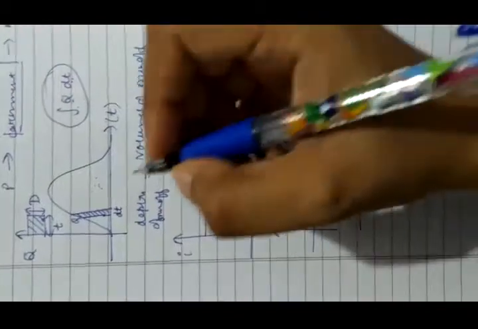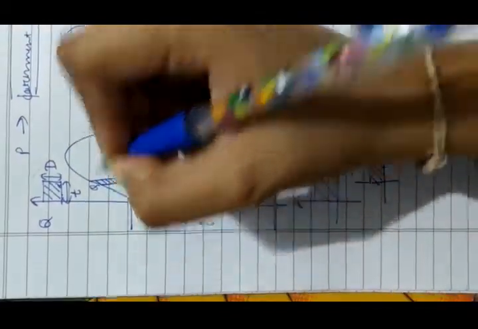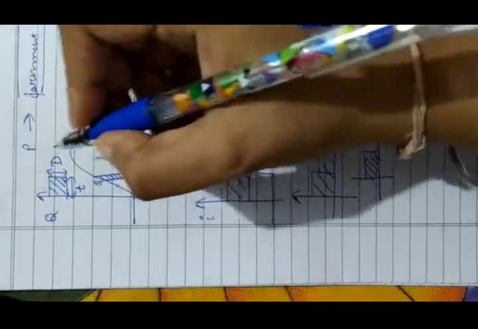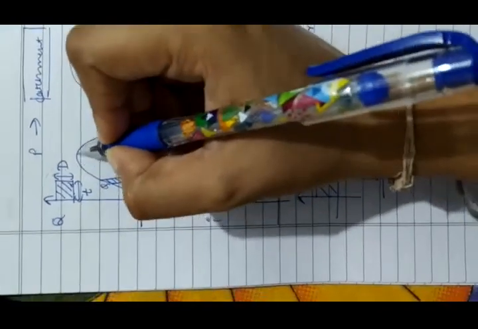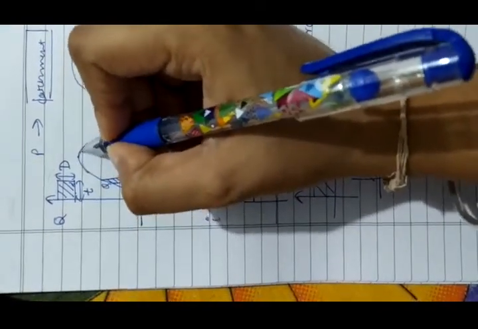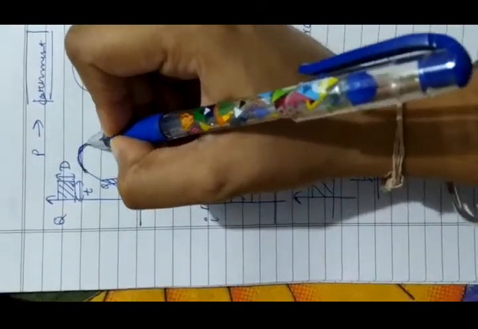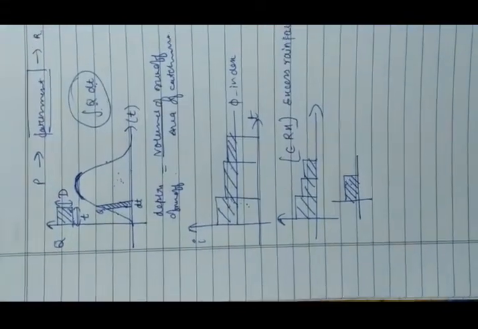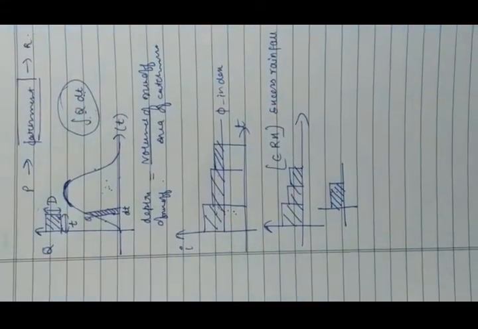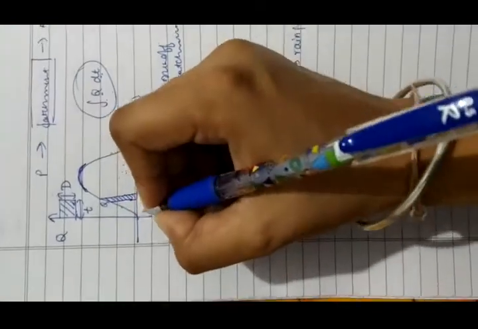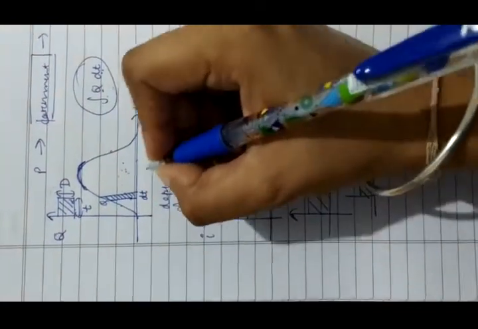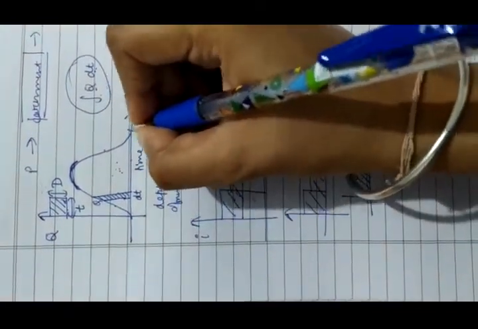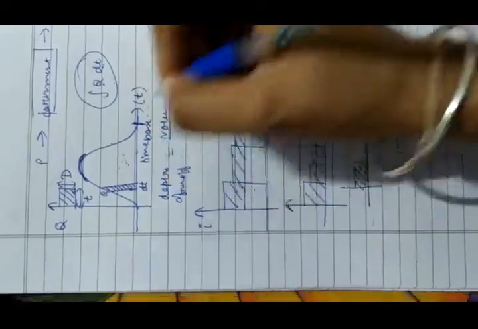It is always represented so. This is called the rising limb, and this is called the falling limb, or the recession limb. This is called the peak value, and this part is called the crest segment because it contains the peak. The time for which the hydrograph is produced is called the time base, up to the time I get runoff in the river.